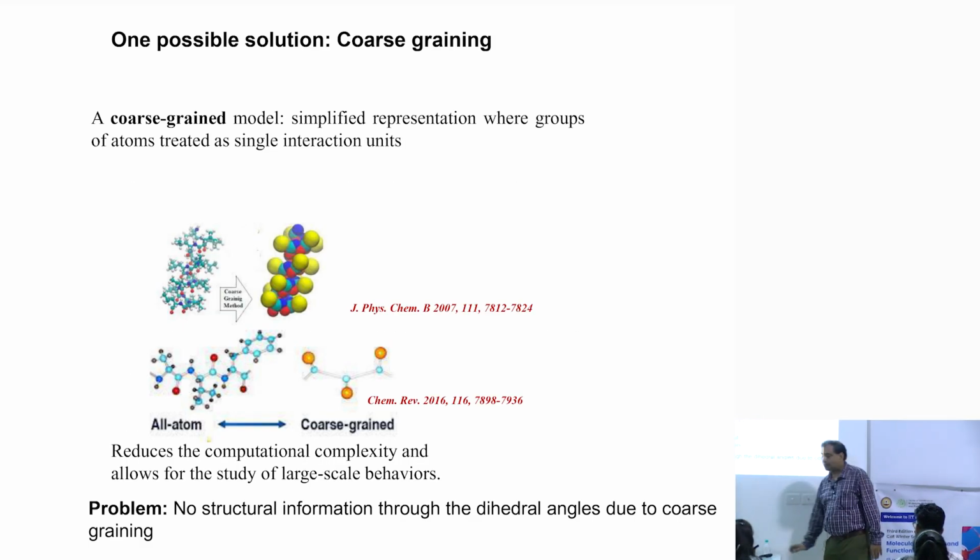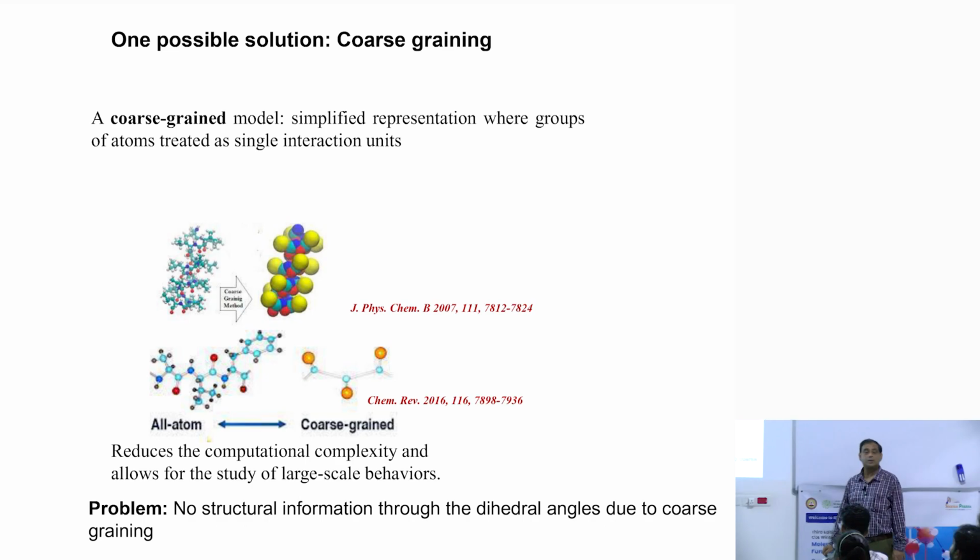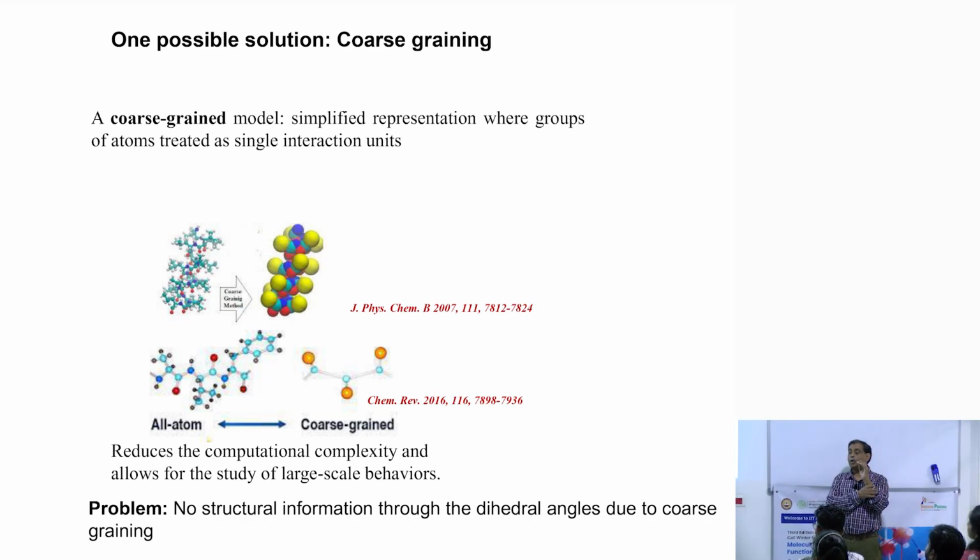something as a possible solution: you do coarse graining. Now what is coarse graining? Coarse graining means you don't consider all the atoms per se. You take a group of atoms and represent it by one kind of pseudo atom. Once you do that, the number of atoms that you need to consider to describe the